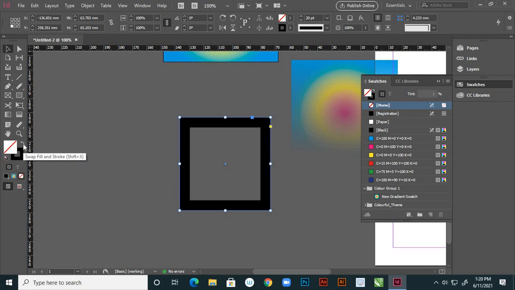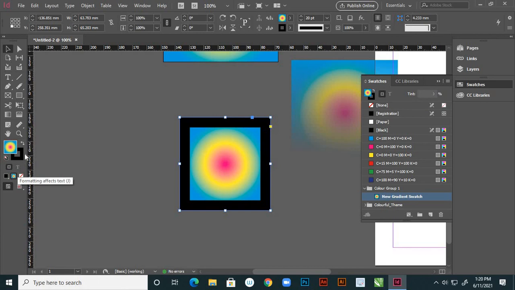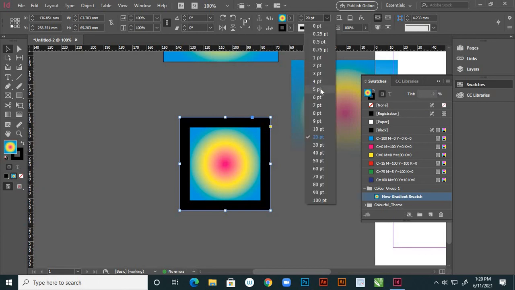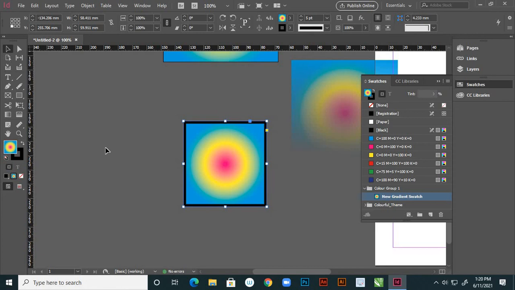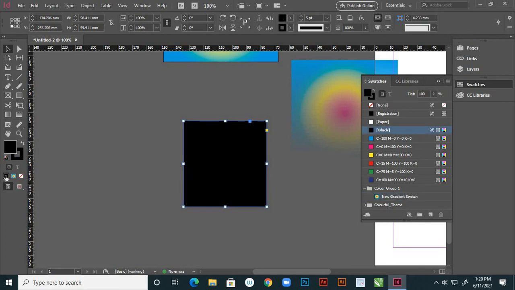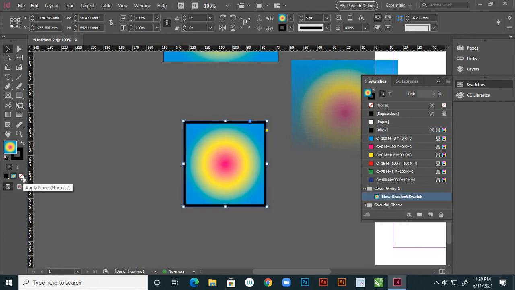Very good. Instead of this, I'm filling some color inside, and now this thickness I'm changing to 5. Okay, and this is apply color. By clicking on that, you'll apply color, and plain color we apply here, right? And this is gradient apply, and here it is apply none.